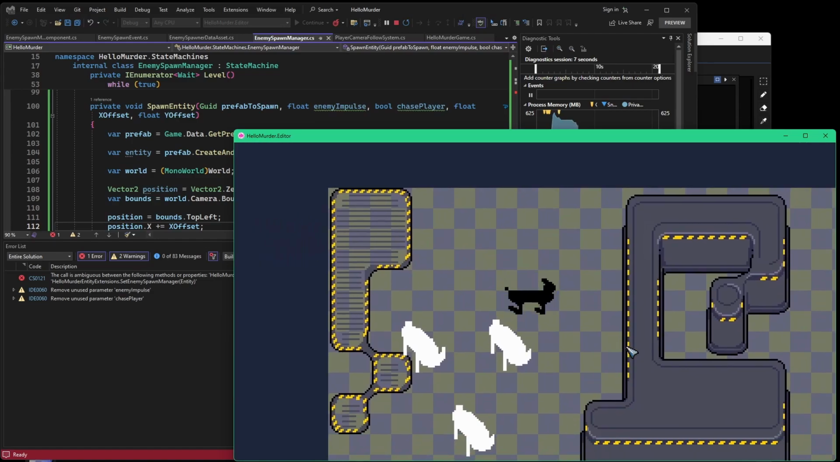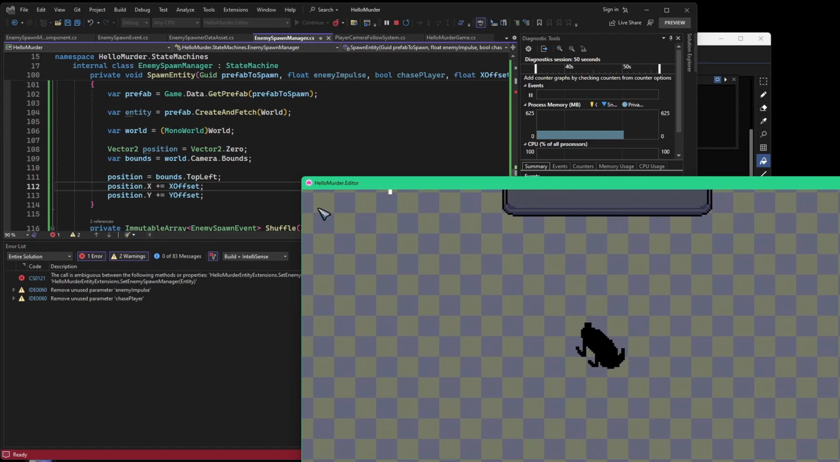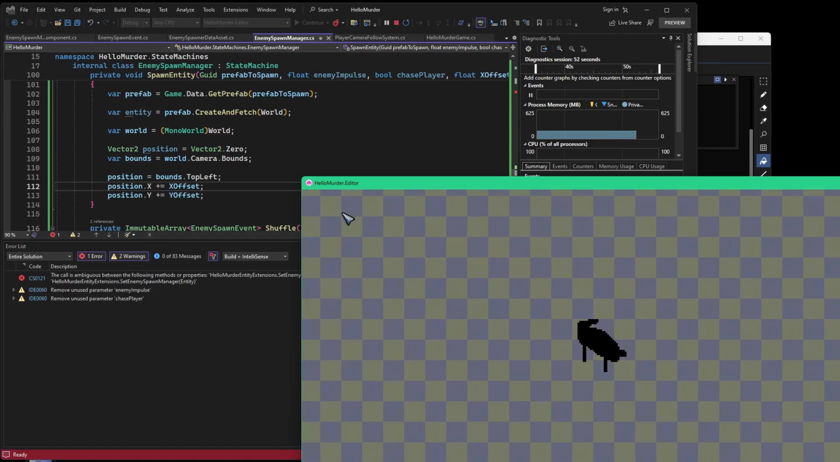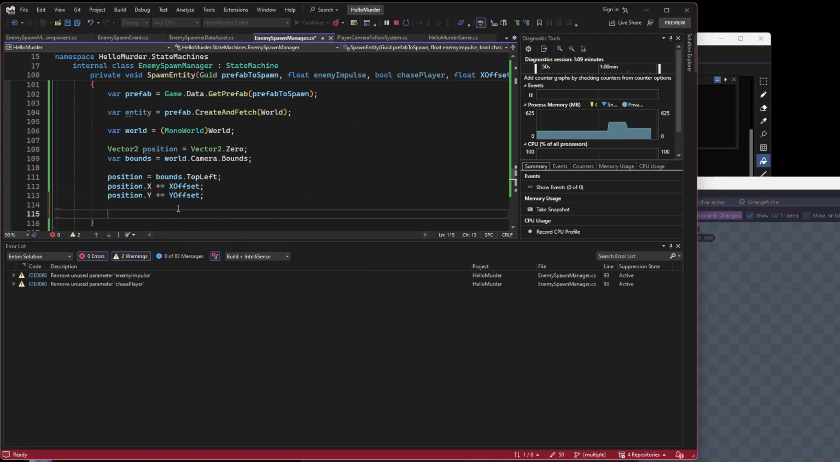There we go. I'm not sure why they're disappearing. Perhaps because when it spawns another sheep on top of a sheep, they kill each other and disappear. That's probably why that's happening. As we move, the spawn point of these sheep should be following us. Oh, I know. I'm not actually setting the position. To do that, we can do entity.set global position